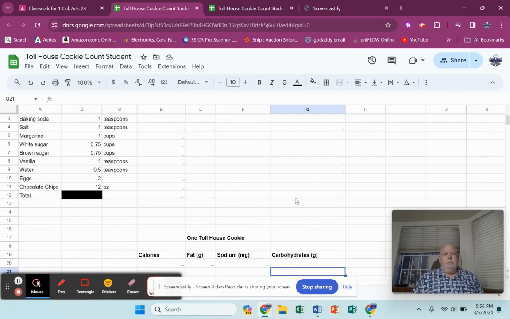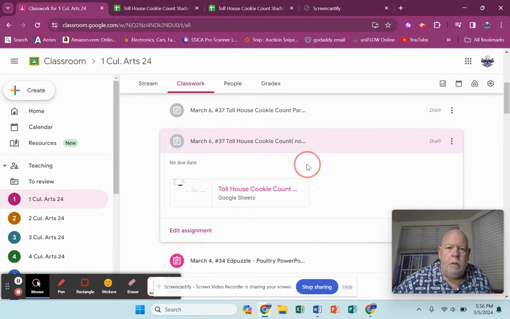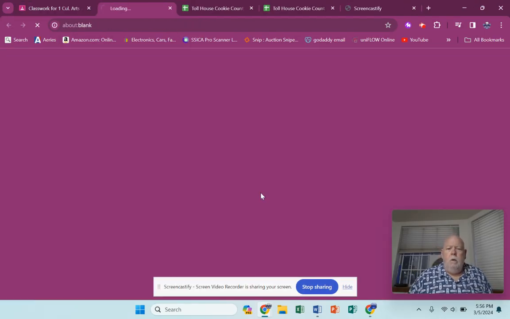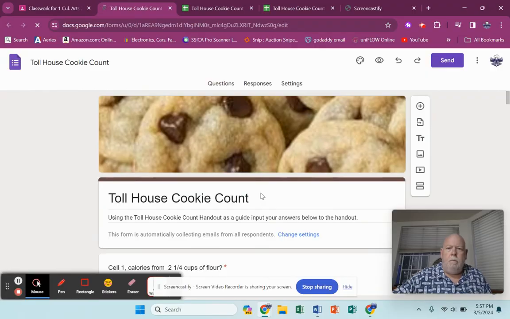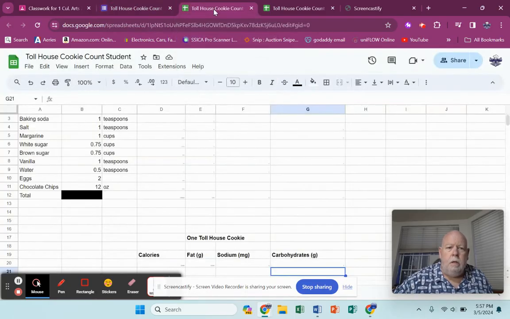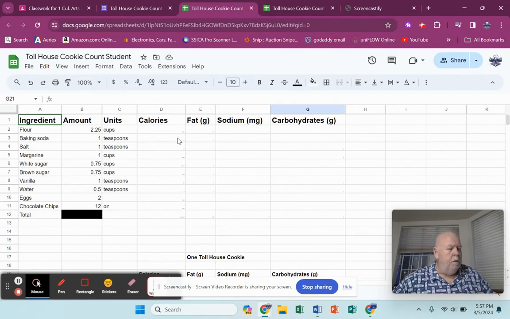Now you have to submit your answers. And the way to do that is to open up your next assignment, which is Toll House Cookie Count Part 2. Open up the Google form, and it says, Cell 1, calories from 2¼ cups of flour. Okay, so on the back of the blue sheet,